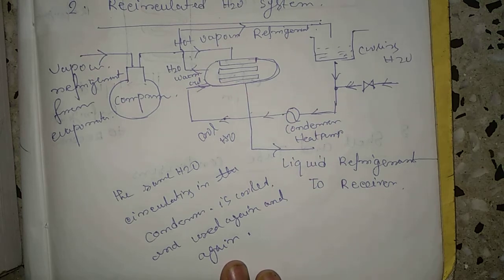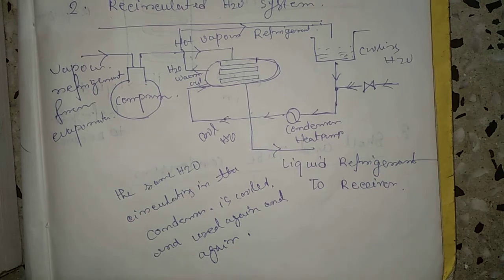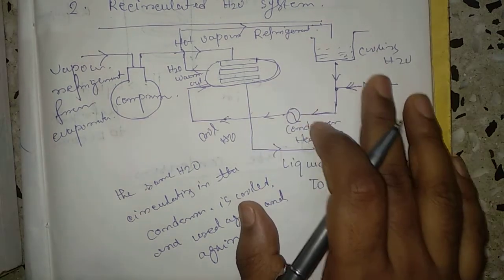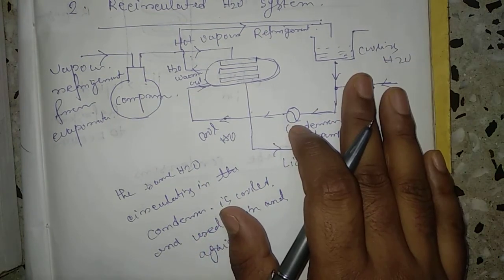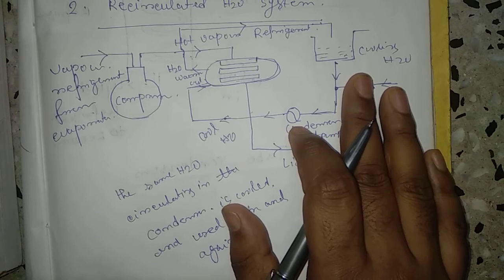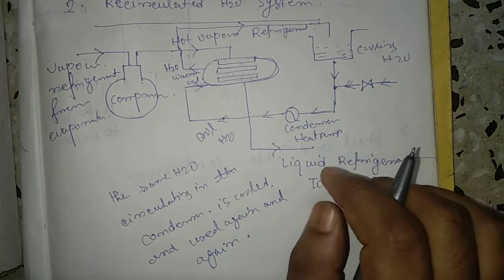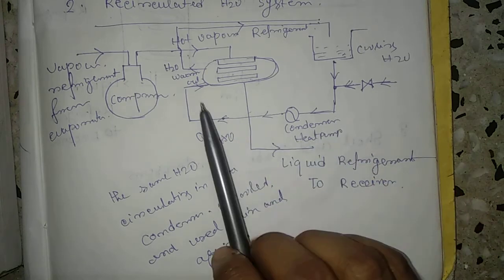This system also has some type of water cooling device. Cooling water towers and spray ponds are the most common cooling devices used in recirculated water systems. The warm water from the condenser is led to the cooling tower. So this is the warm water, and this warm water